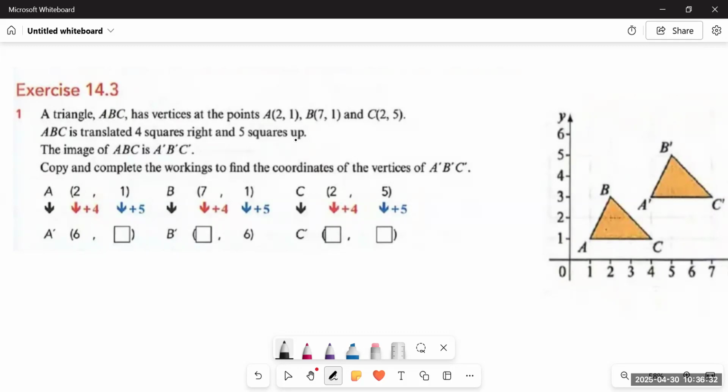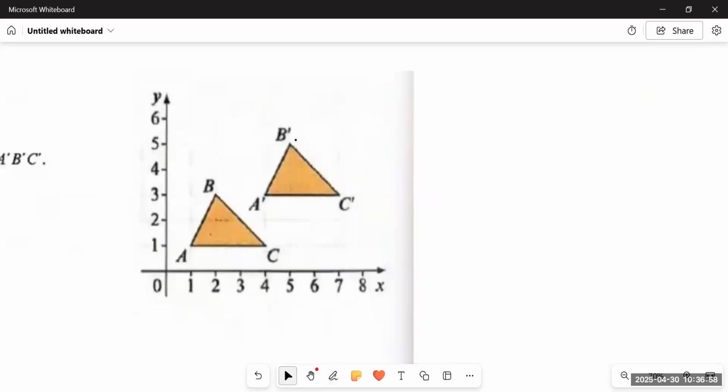So what does translation mean? Translation means when a shape is completely moved into some other place, but the shape remains the same. So translating a 2D shape on a coordinate grid, we move it either up or down or left or right. Okay, so if we talk about specifically this one, as you can see on your screens, here we have two